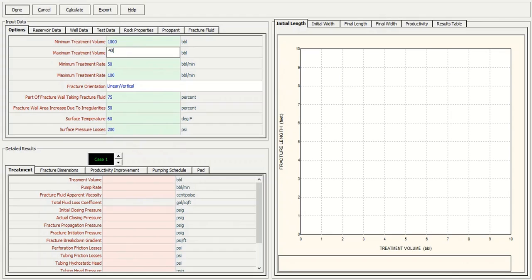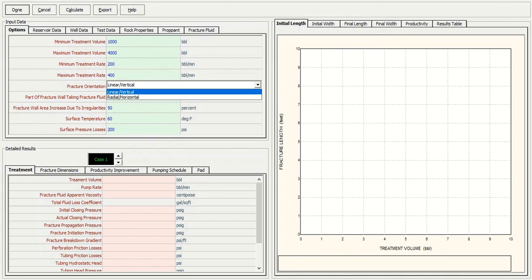So for example, the minimum treatment volume of our hydraulic fracturing is 1000 barrels, and the maximum treatment volume I will cap at 4000 barrels. Minimum treatment rate 200 and maximum treatment rate 400. And then the fracture orientation, I will construct linear or vertical fracture,